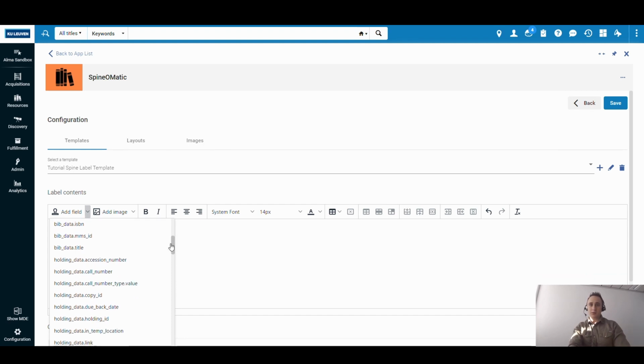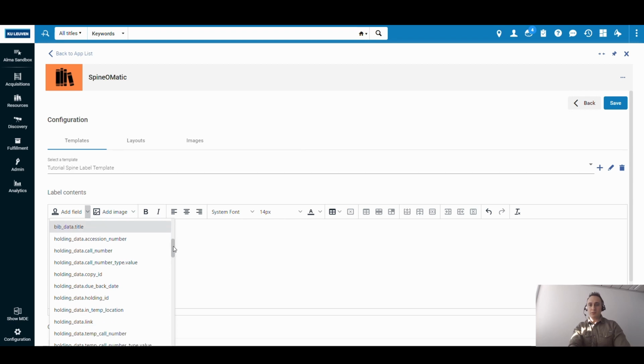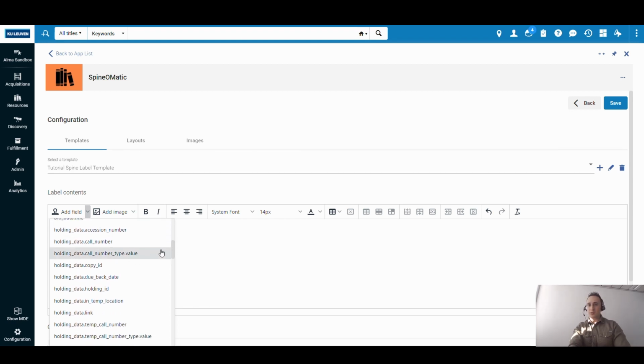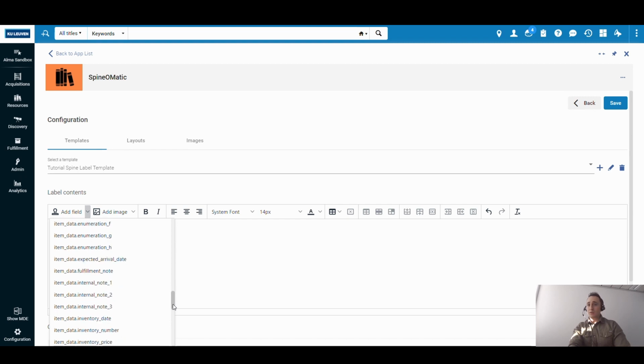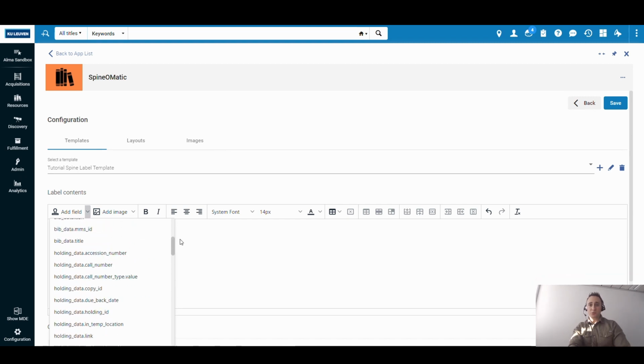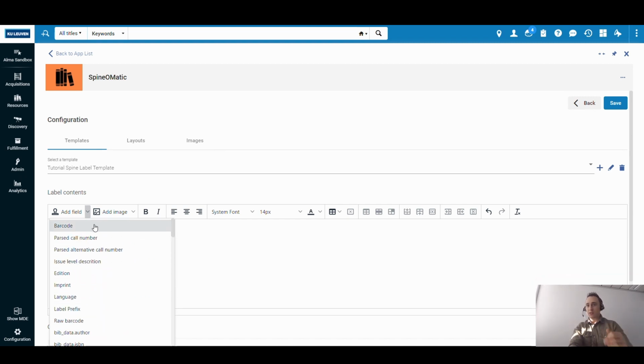You can see that is indicated by the bib text in the field, or from the holdings record, or also from the item level. So you have a lot of options here. You may choose wisely, but the most important ones are located on top. So the barcode, the call number, and maybe the label prefix, which is used mostly for the location.